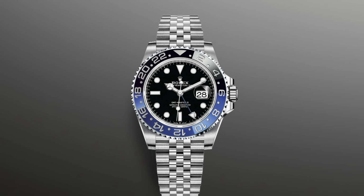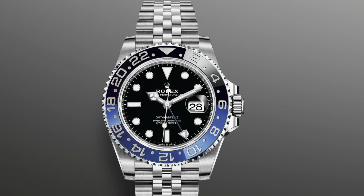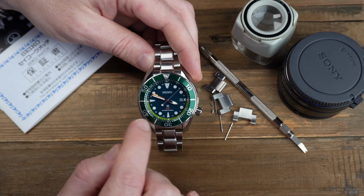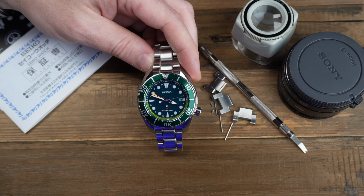It should have had the 24-hour indication on it, similar to a Rolex GMT watch, and that should have been where the GMT is. I think they've tried to sandwich it in between the indices on the dial, and I just don't think it's that legible, honestly. Your eye isn't drawn to it. You have to stare at the